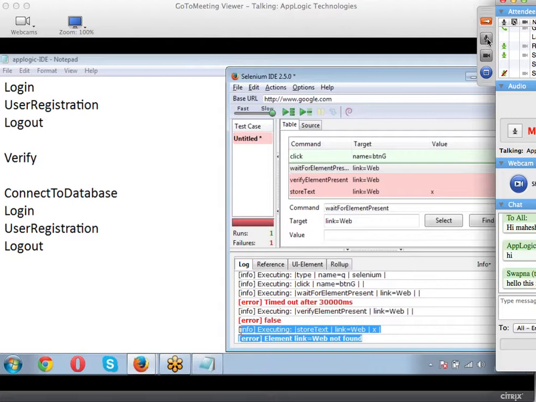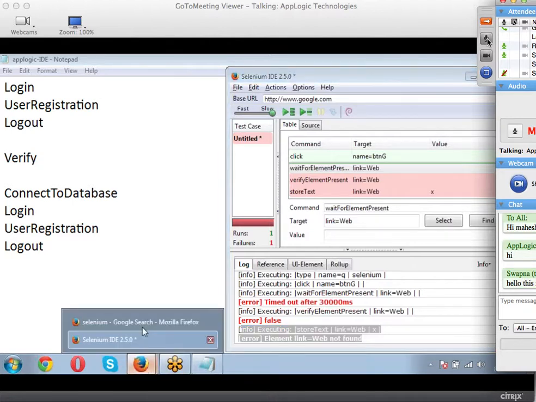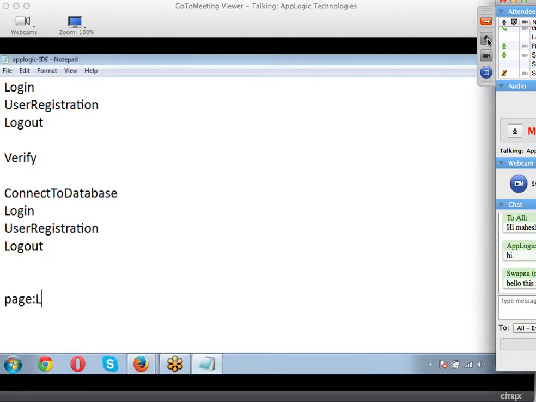The reason it is showing up is that there is something called a page life cycle. This is outside the scope of QTP or Selenium or any automation tool. In this page life cycle, first the browser page loads, and then default objects load.